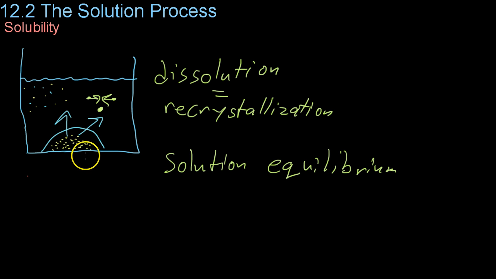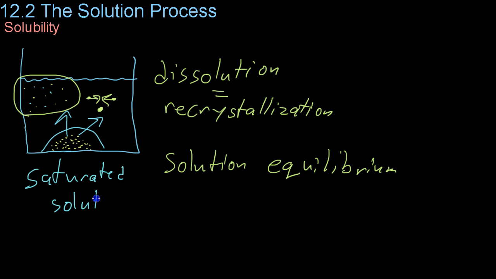adding more sugar or whatever solute you're doing won't increase the concentration of sugar within the solution like we have over here, because the rate of crystallization is the same as the rate of dissolution. So just as fast as you're dissolving stuff in, it is recrystallizing to form that pile at the bottom. At this point, where adding more solute just results in a pile at the bottom, you've reached something that is known as a saturated solution. That is, it has the maximum amount of solute per unit volume that you're going to be able to